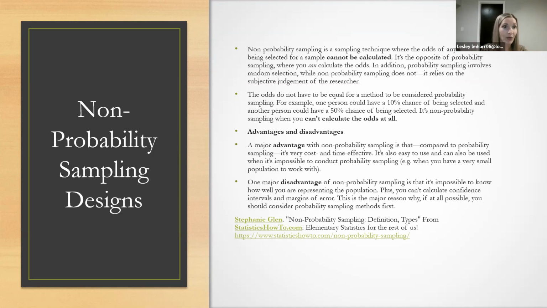So again, we're looking at smaller organizations, smaller programs. An advantage of this type of sampling, non-probability, is that it's cost and time effective. We don't have to reach out to, let's say, an entire child welfare organization, try to understand the thousands of people that are in it. We don't need to create a sampling frame. We don't need to really create a strategy for randomization to reach out to people. So again, it goes quicker.